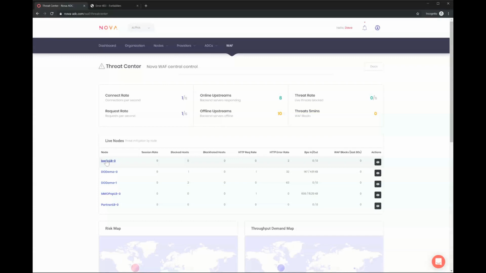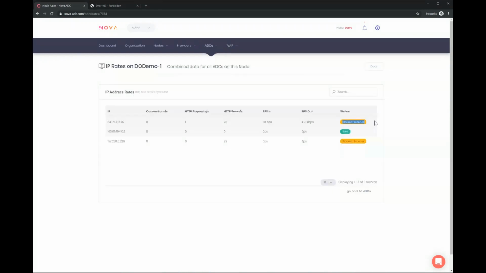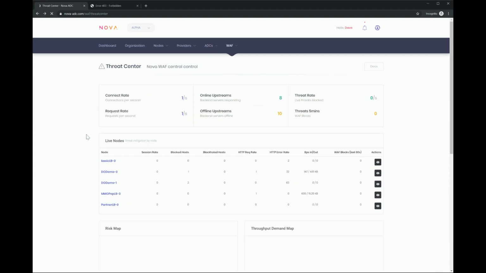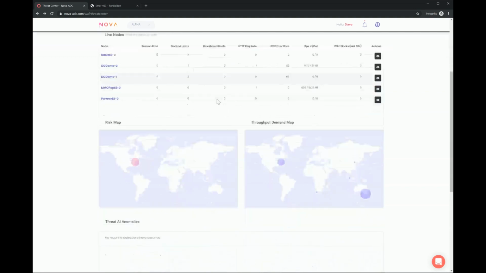And for example, we can see this one has 2 blocked hosts, so we can come in here and see what those are. And we should see that there's probably 2 blocked scanners, right? So this is a test host. We run a scan against it the whole time. You can see here we've picked up 28 HTTP errors a second this IP was generating, and so we've blocked it as a scanner. So it's no longer sending traffic. This IP, on the other hand, is safe. And you can monitor for that kind of thing, and it will pick up any anomalies, right?